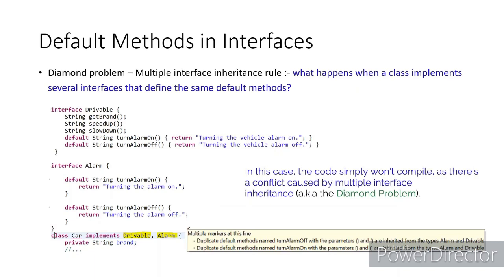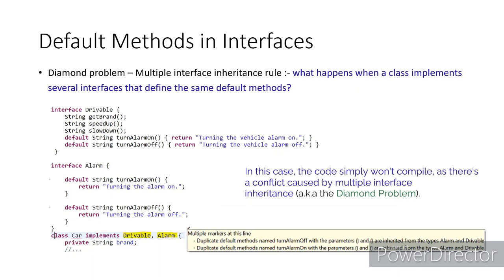So what is the solution for this kind of problem? How can we proceed ahead? In this case, you will have to explicitly override that method inside the class Car. In class Car, you explicitly override the methods turnAlarmOn and turnAlarmOff, so that there is no confusion as to which implementation it has to call, because you yourself are providing the implementation in the class Car. So when you say Car c = new Car(), and c.turnAlarmOn, it knows the implementation is right there in the class Car. So it has no confusion about which one it should invoke.